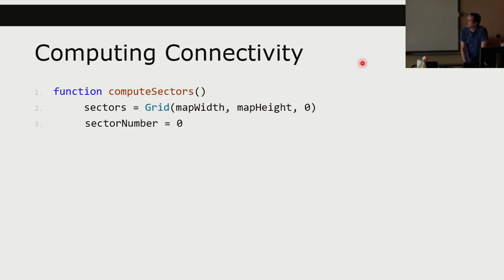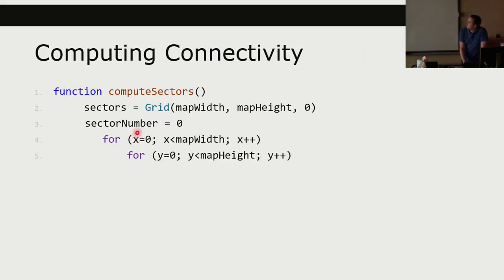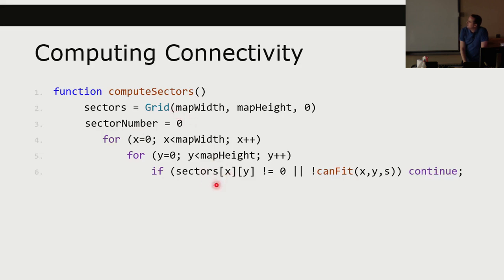And my initial sector number, which is the integer that we're going to be inserting into that grid, initially has a value of 0 as well. Then this loop here is going to start in the top left and move over. So this is checking the cells that we want to apply this BFS to. Then, if the sector number is not equal to 0, right? So if we've already done the BFS here, or my object cannot fit at that particular location, then continue, meaning